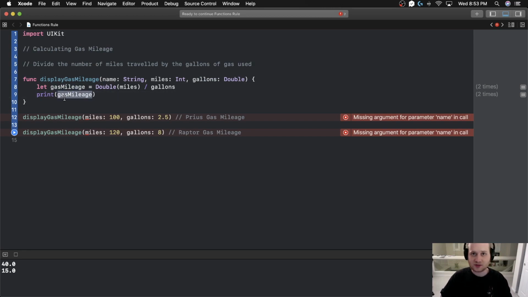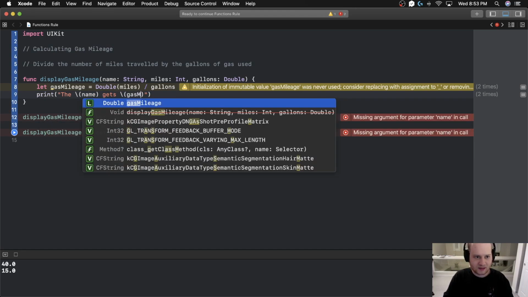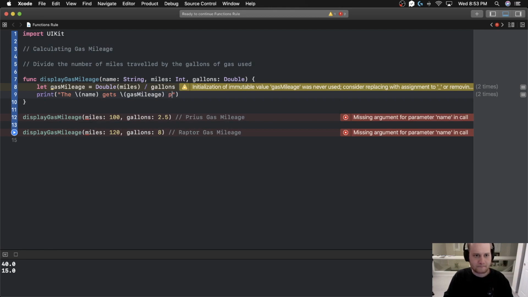But let's do a little bit of string interpolation. Again, we want to just keep using these concepts over and over again. So we will interpolate a string, and we will say the, and then we're going to put name gets, and then we're going to put gas mileage miles per gallon. Okay, so we're going to put the name of the car gets whatever the gas mileage is,